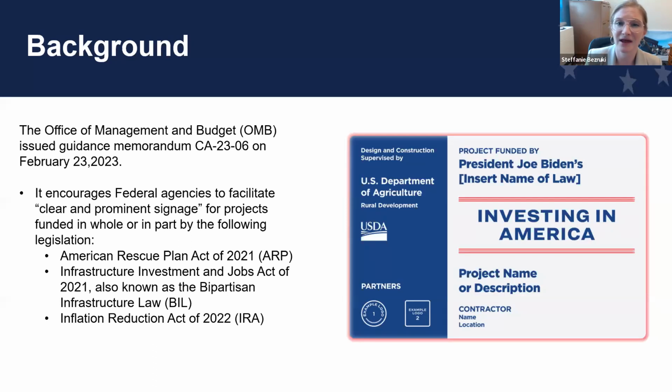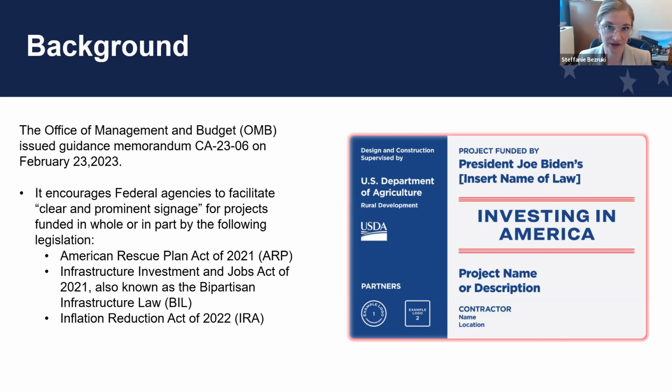So as a key participant in the delivery of these programs and services under these 3 laws, rural development also has a responsibility to be accountable and transparent to the public about the availability of these important investments and where that money's going. In February, OMB issued new guidance